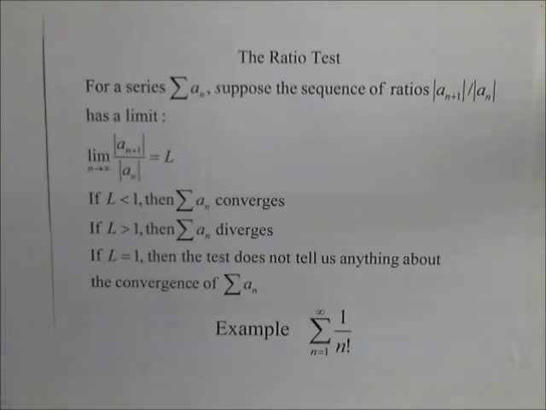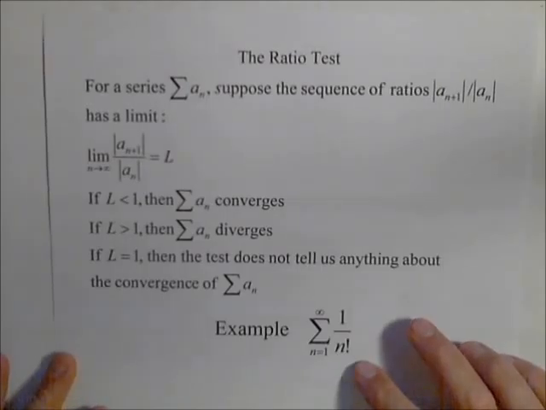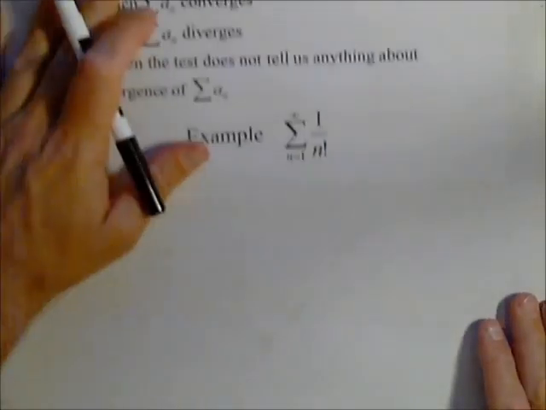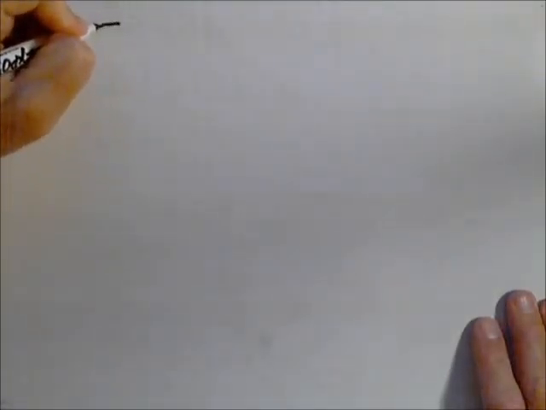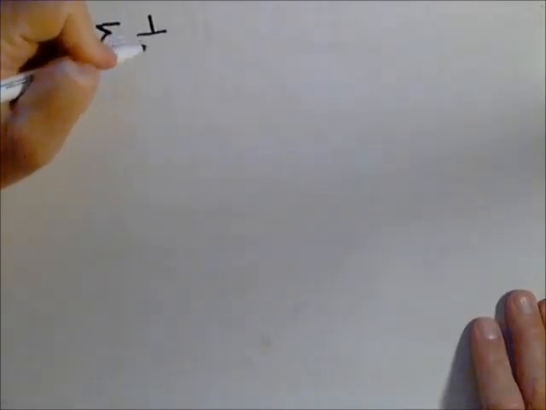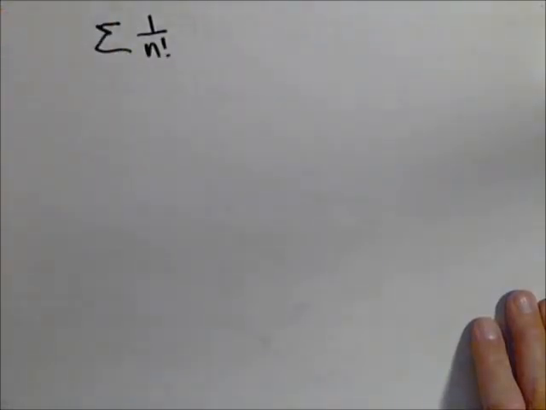So there is a chance that we can get L equals 1, so you want to be careful when you do apply the ratio test. So we're going to take a look at an example on how we draw our conclusion. So we're going to do the series 1 over n factorial. Seeing a factorial or an exponential are two good keys that you'll want to use the ratio test. What we're going to do is look at the limit as n goes to infinity